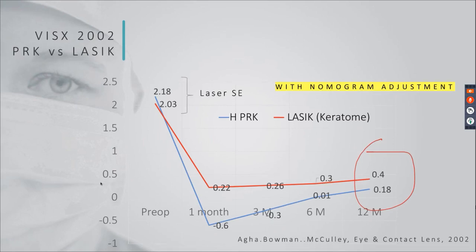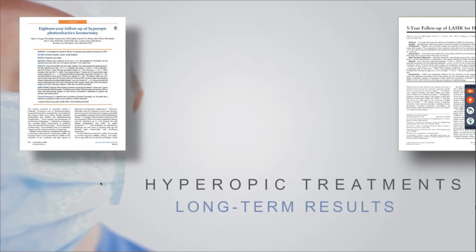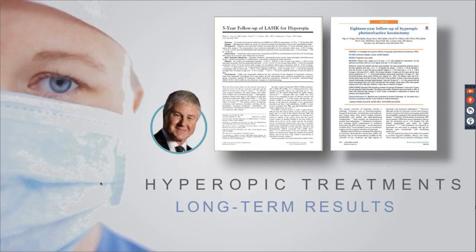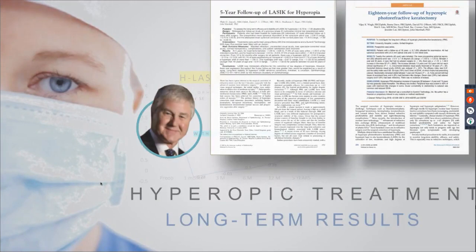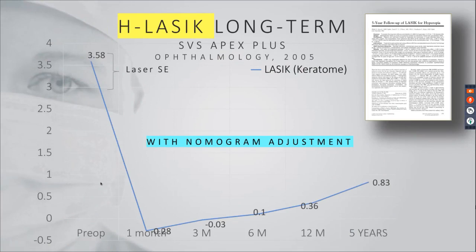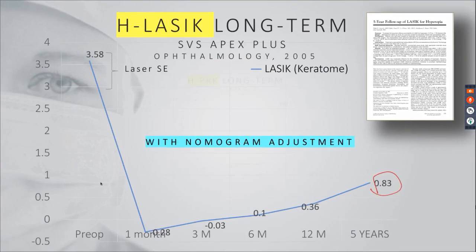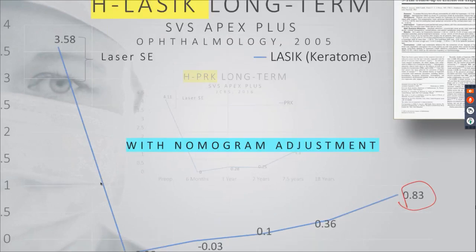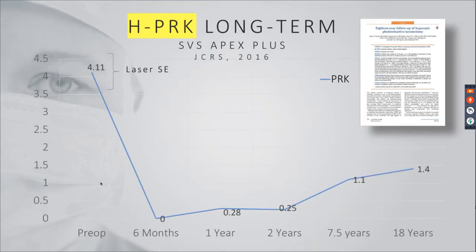Another two studies by John Marshall and David Oberard, basically following patients who had been operated with an old broad beam laser back in the early 2000s, and then following the hyperopic LASIK up to 5 years, we noticed that again we have some undercorrection at 12 months, 0.36 diopter, and all the way to 5 years, 0.83. If we look at the hyperopic PRK published by the same group a few years ago in JSCRS, 18 years follow-up,